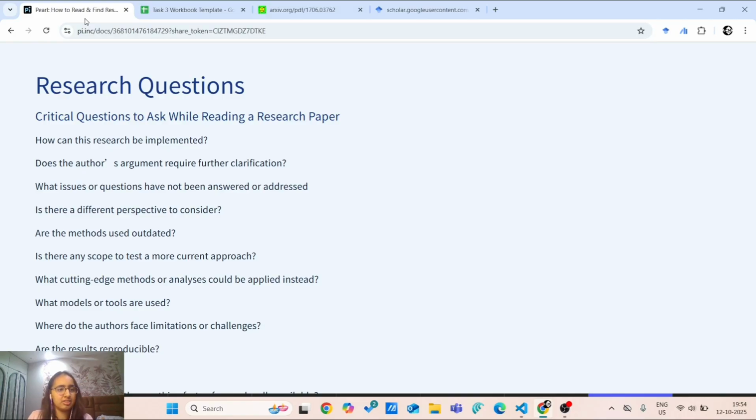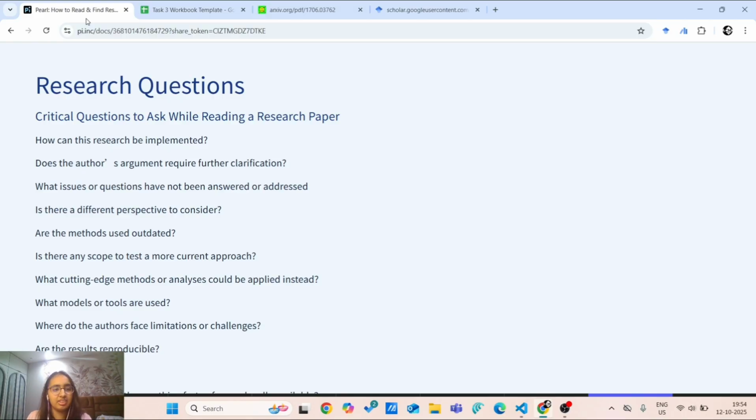So these are the questions that you could ask yourself and find the novelty in it. You could ask yourself, how can this research be implemented? If you implement it and find the loopholes in it, then you could write a new paper by improving those loopholes.